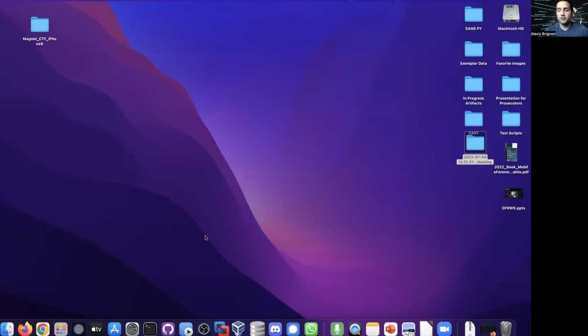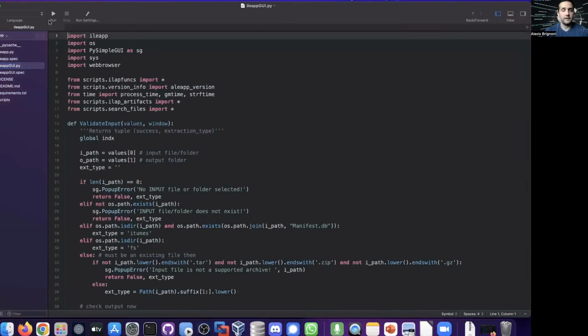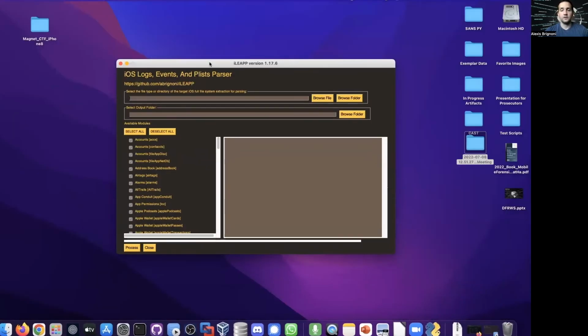I'm going to run the scripts through the Python interpreter using my IDE. So let's open that real quick. All right. And here is the entry point for the graphical user interface. And here it is. So what we're going to use is kindly provided by Magnet Forensics. They're the developers of Axiom, and through Jessica Hyde, which we all know and love,